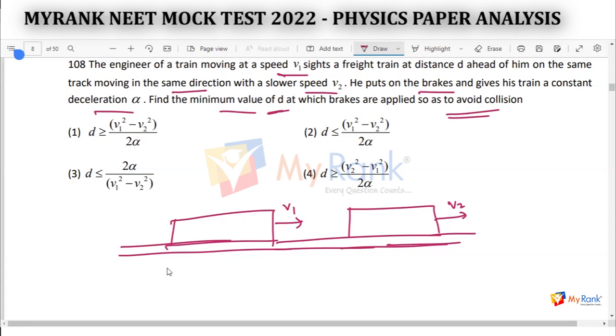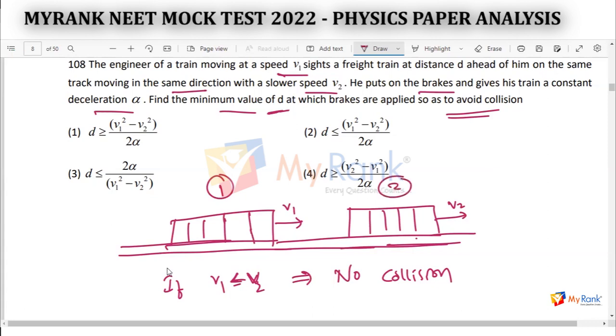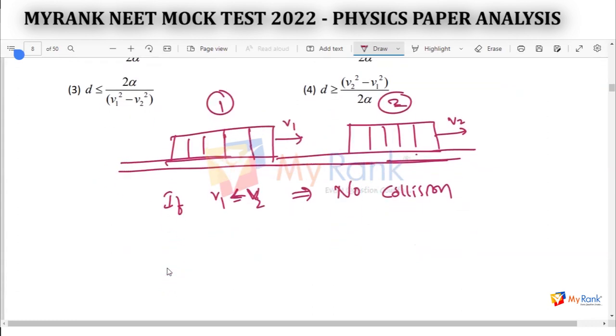So it is very clear that if v1 is equal to v2, then there is no collision. I can say that if v1 is equal to v2 or even less than v2, this implies no collision. It's very clear, right? Because both are moving on the same track, friends. So if v1 is equal to v2, there is no relative speed, 0. If v1 is less than v2, definitely it cannot collide with the second train. So relative speed, that is v12, that means v1 minus v2,